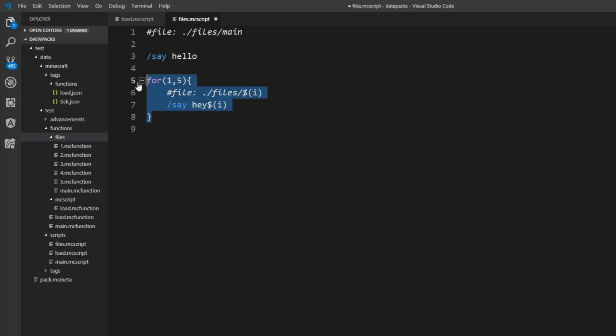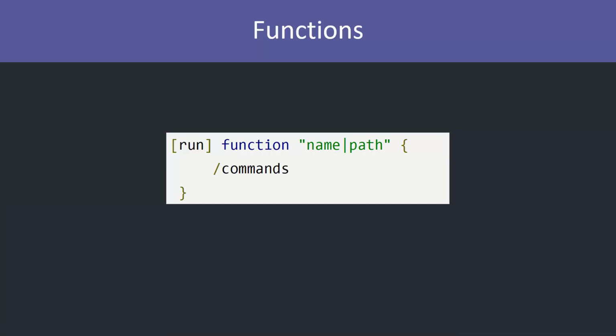Now I want to show you an alternative way for this file syntax, because if you have many files, this is really annoying because you have to extend it again. So let's say I want to have here another file. Well, that is not that simple. Well, you can do that, but this hello will now be in this function file and not in the main file. So therefore we have the function annotation, and this just generates a new function, but without this annoying syntax,